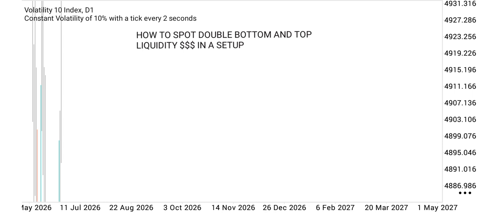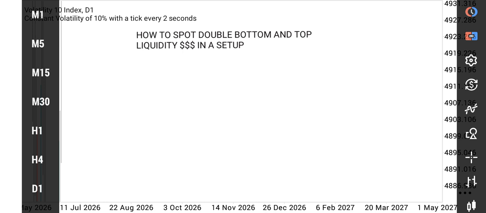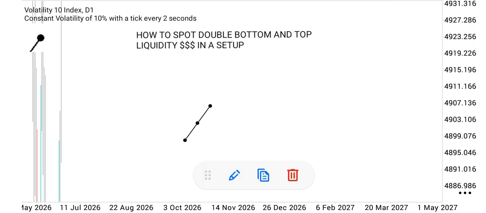So understand that under the smart money concept, there are a lot of things. One of the things I love about the concept is that liquidity is its focus. The smart money concept doesn't play with liquidity. So if you get a setup and you don't see liquidity, you should not be confident in that kind of setup. So in today's video, I want to show how we could spot a double bottom liquidity